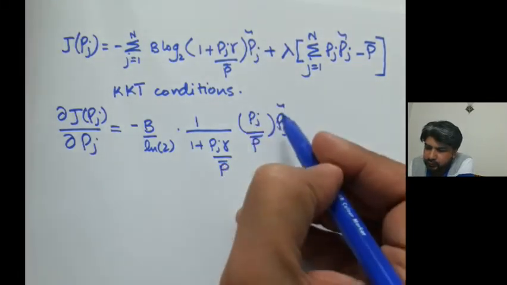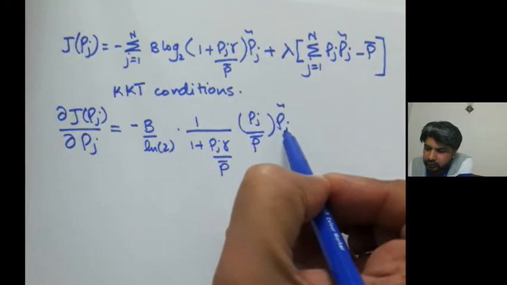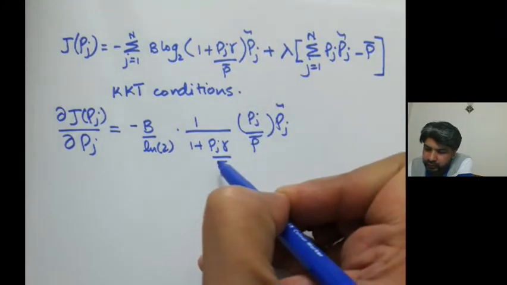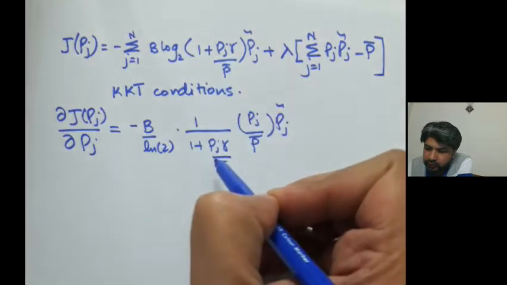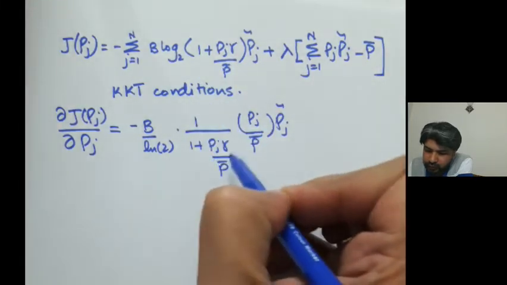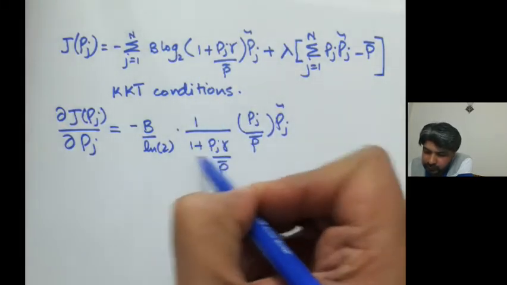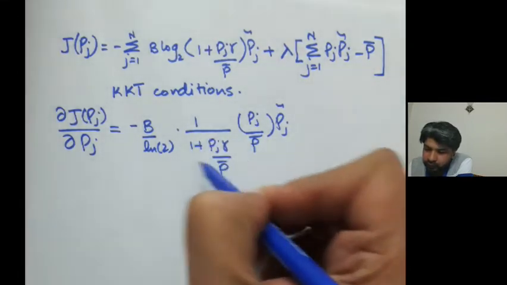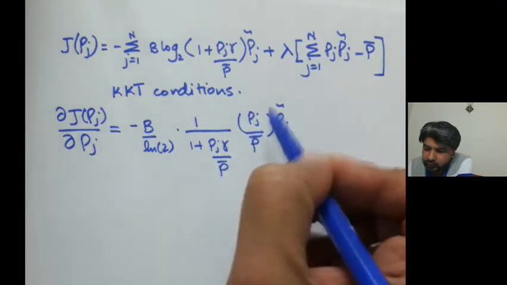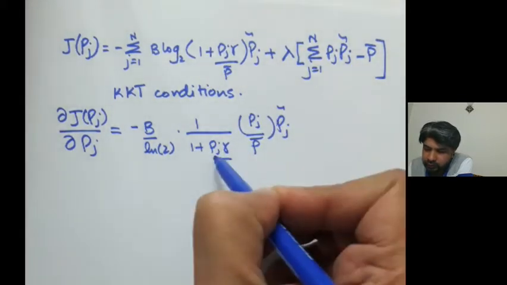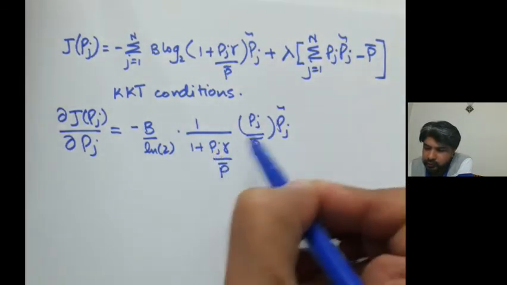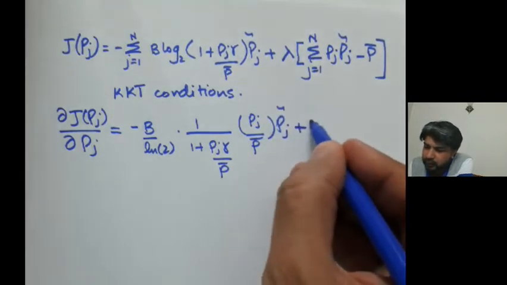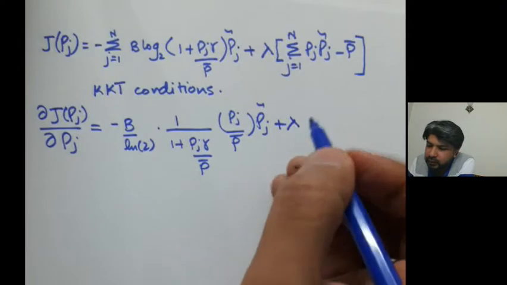Here we have Pj tilde, and this Pj over P bar is because you have taken the derivative of the log and then you need to multiply by the derivative of the function in the denominator. The derivative of the constant term is 0. The derivative of this term would be Pj over P bar. Hence it gets multiplied here, plus lambda times again